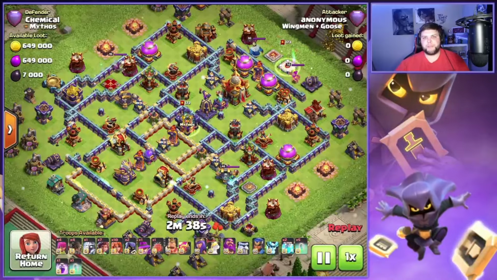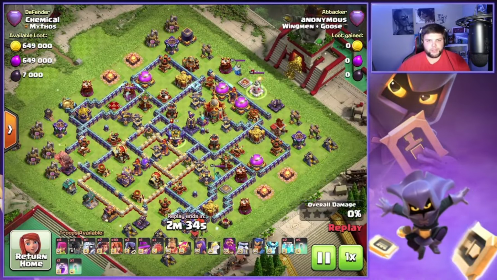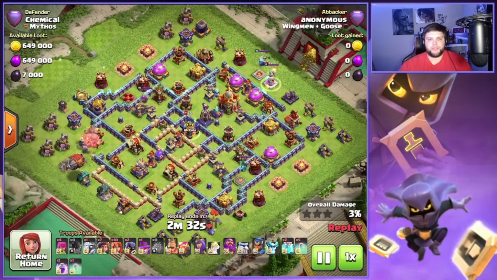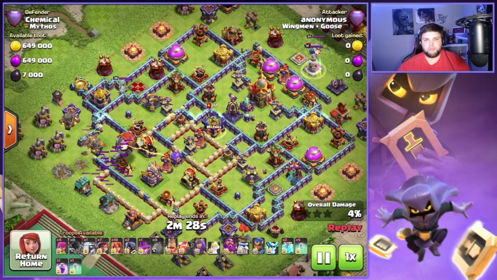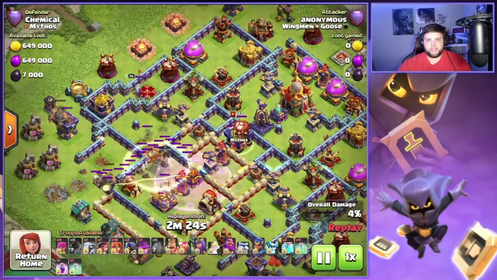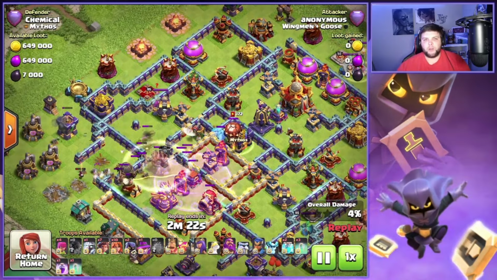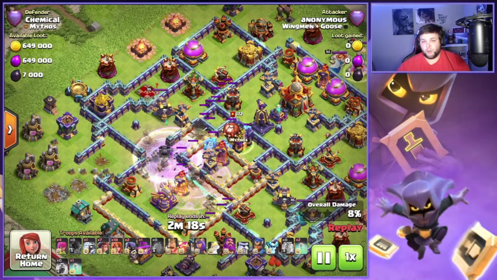All right, on this next base, we have this box style base with the town hall and the monolith, big compartment over here on the other side of the eagle compartment. I'm going to use the rocket loons to let this blimp push in right on top of this ricochet cannon. Drop that, get some of the CC pulled, and we're able to take out the eagle artillery, both ricochet cannons,